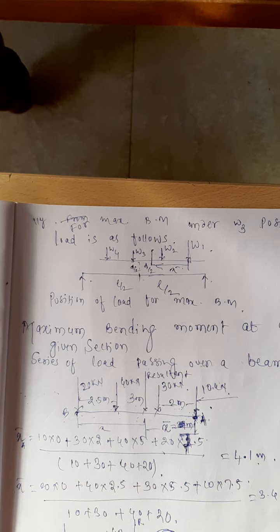Now you calculate the center between these 2 points. Which are those 2 points? One is the position of the resultant and the other is the load under which you want the maximum bending moment. Is it alright? Yes, that happens to be 2.1 divided by 2 from here and also from here.